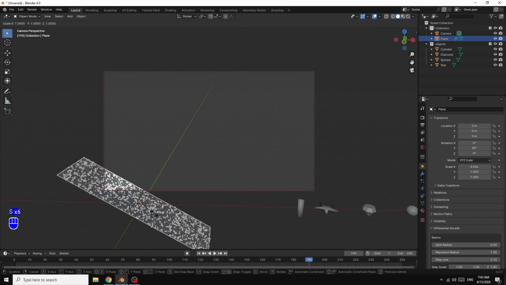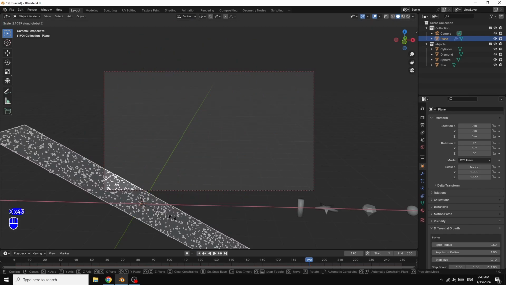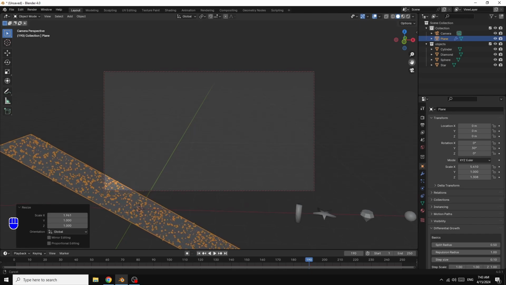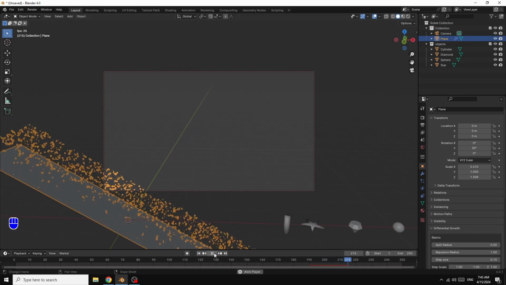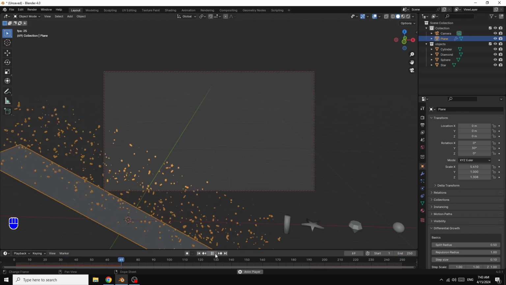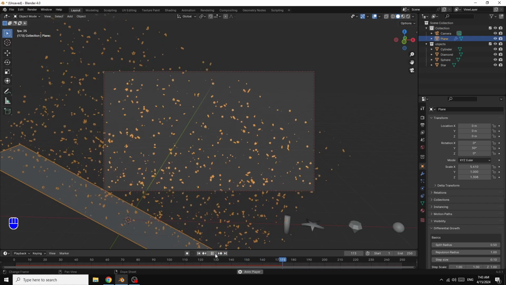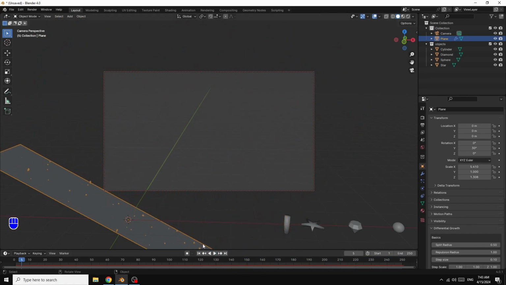I scale the plane in the X axis like this to cover all. Okay, now